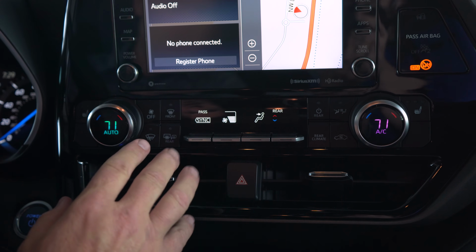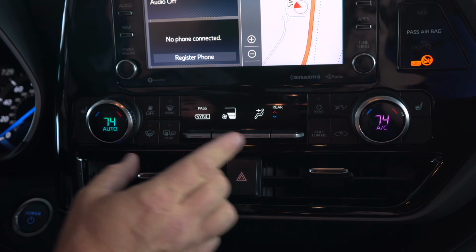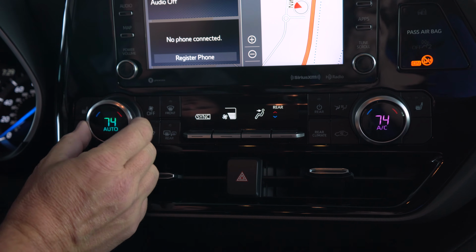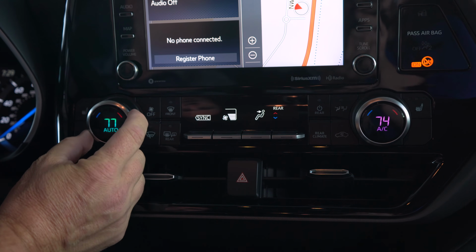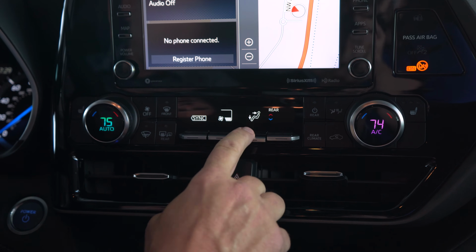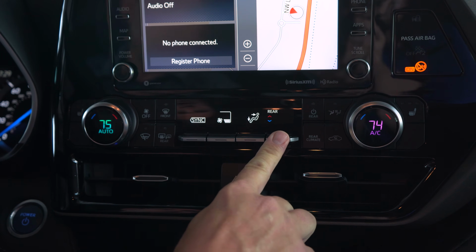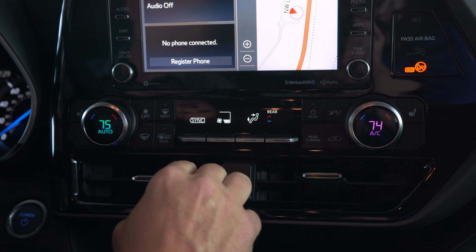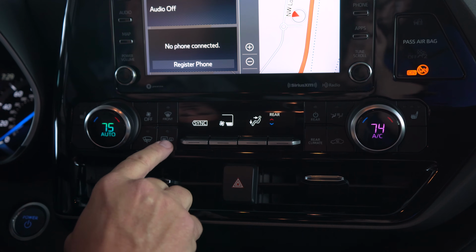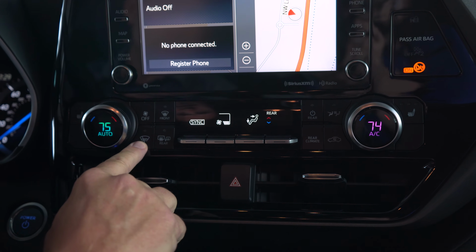So with the climate control, you have the ability to adjust the temperature on both sides using the sync system, or simply turn that off for your individual temperature on each side. You also have your fan control, your mode control, and the option of controlling the rear tri-climate portion of the climate control. Here you have your front defrost, your rear defrost, your mirror defrost, your windshield wiper deicer, the